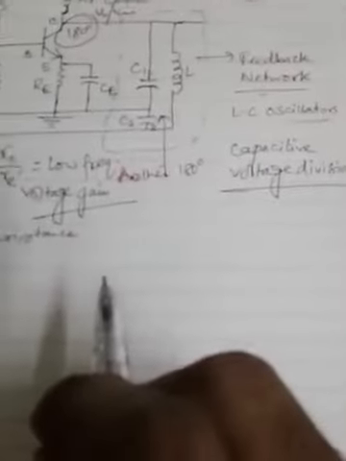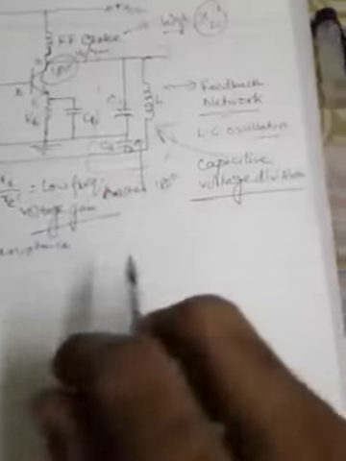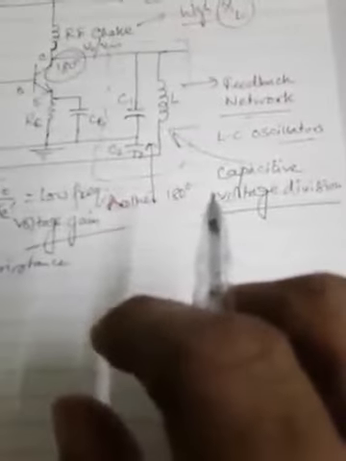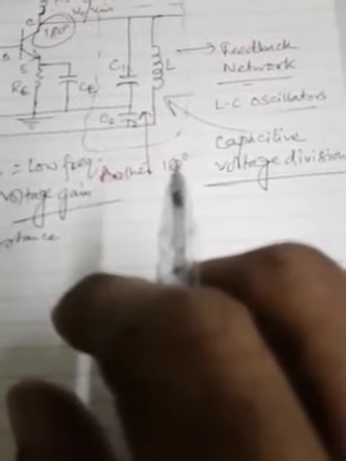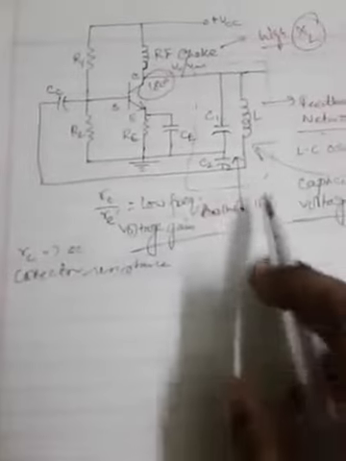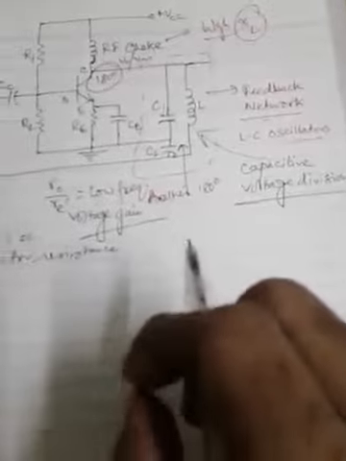This idea is applied over here, capacitive voltage division for the Colpitts oscillator, in the making of the feedback network for this oscillator. It is comprised of C1 and C2. It produces the feedback voltage necessary for oscillations. In other kinds of oscillators the feedback voltage is sometimes produced by transformers, inductive voltage dividers, and so on. But for the Colpitts oscillator, the capacitive voltage divider circuit is being used.